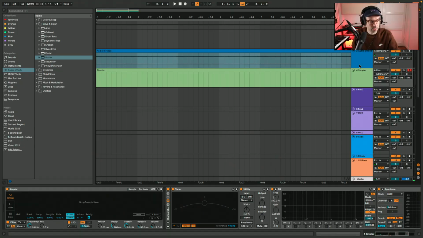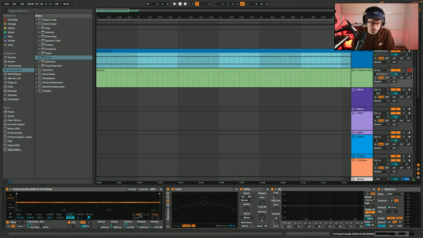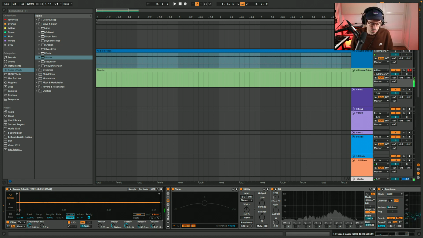And then the next step is really to put this sample into Simpler, so I have more control over the envelope and the pitch, and I can play it also on the keyboard. So I'll show you. Let's go back to Ableton. Mute the sample track, put this in Simpler, and now I can play it over the keyboard. So if I play it very high,